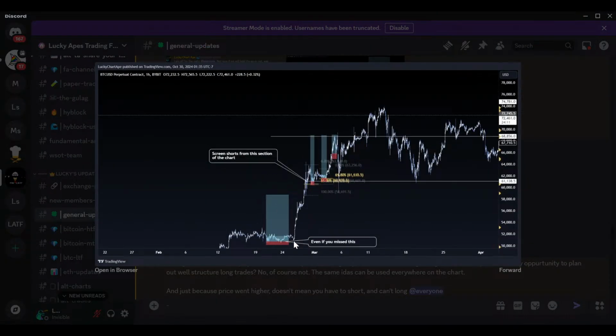Now here we have the first setup. It already looked like you missed your opportunities. Here, it looks like, oh, I've missed my opportunities. There's still amazing long setups, short setup here. And even had you missed all these, you have this big wipe, right? This big wipe. We had our first all-time high. People forget this big wipe down into 58,000.